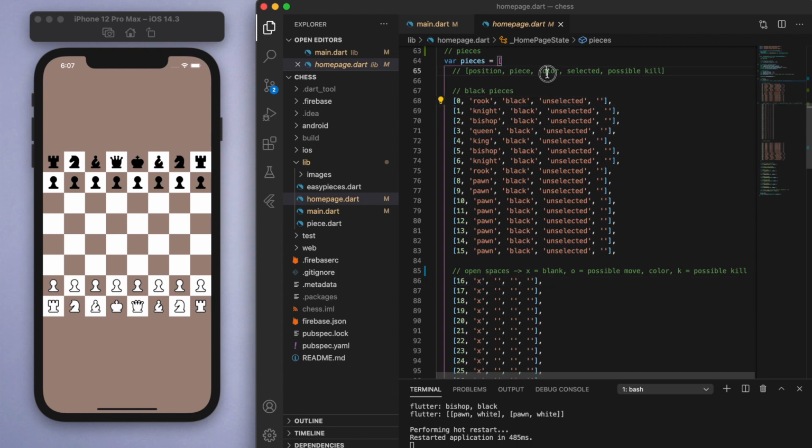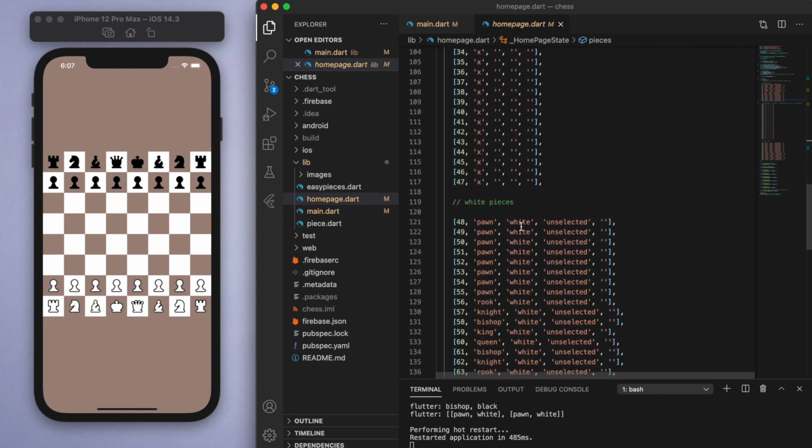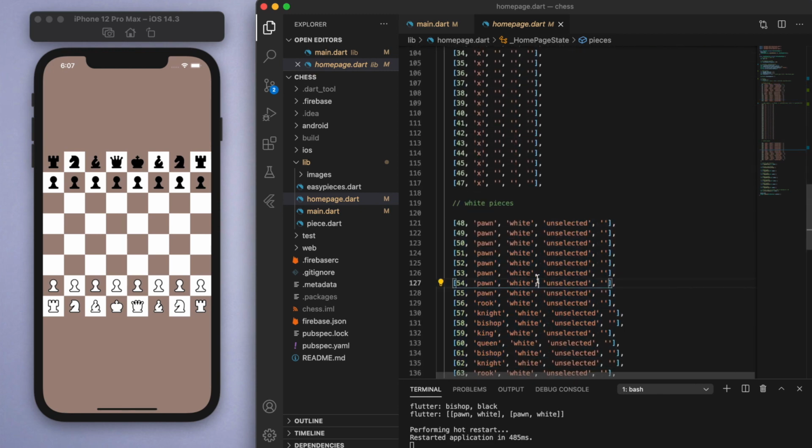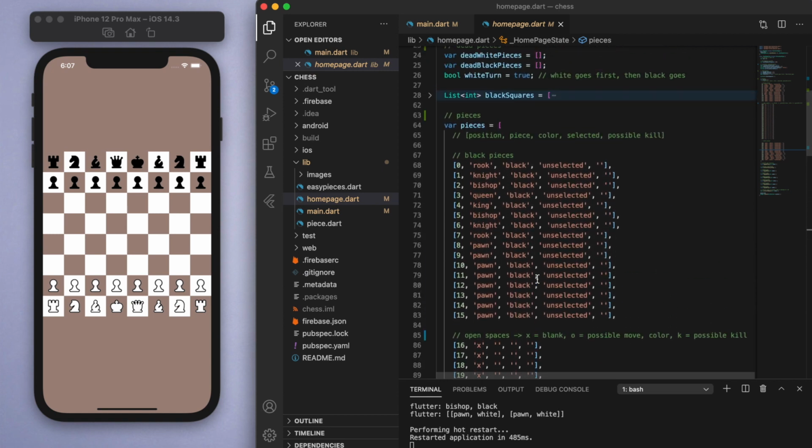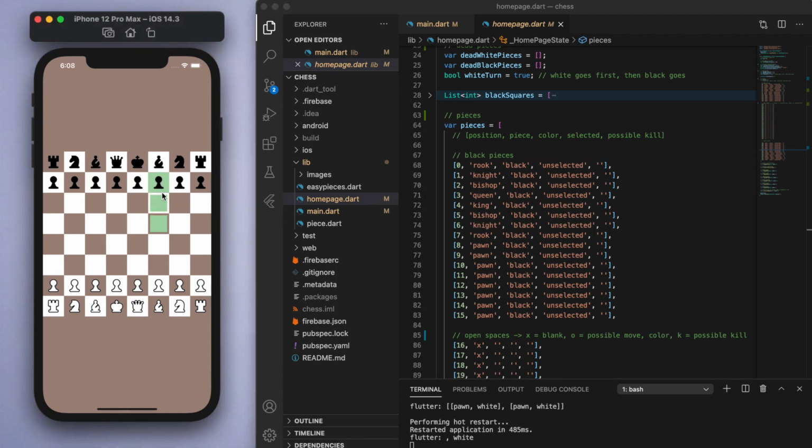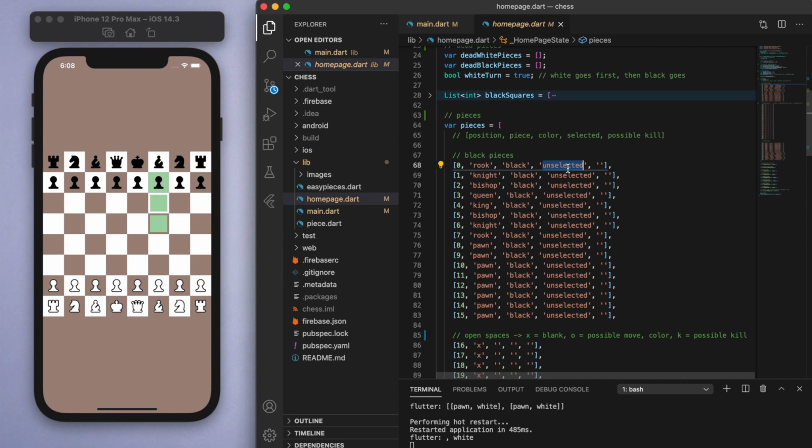And of course, we want to keep track of the color. So black piece is up here. For this one, we want to say it's all white there. I want to keep track of the selection. So everything at the beginning should be unselected. And only when you tap a particular piece, we would change this to selected, and then it would change it